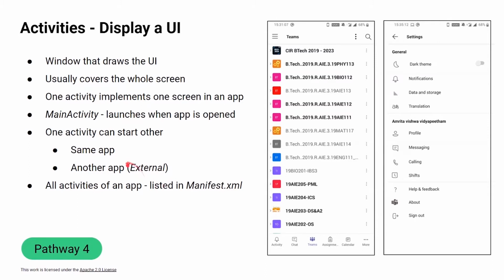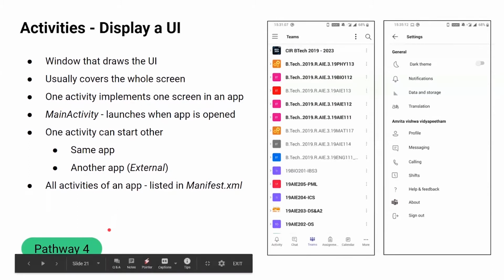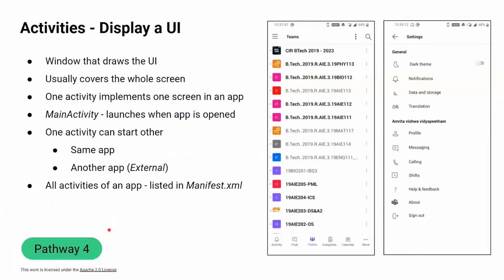Well, all the activities of an app are listed in this special file called the manifest file. And we'll again take a look at this later on. And this is where it's decided which activity launches first. And by default, it's the main activity since it's included in the starter code for any Android project. So in the case of Instagram, the login activity could be the main activity or the first activity, or even the home page could be the first activity, and you could decide when to open which based on whether or not the user is logged in. The last part I just mentioned is a bit more advanced, but there are ways to do it, and you can check them out once you've gone a bit deeper into the course.